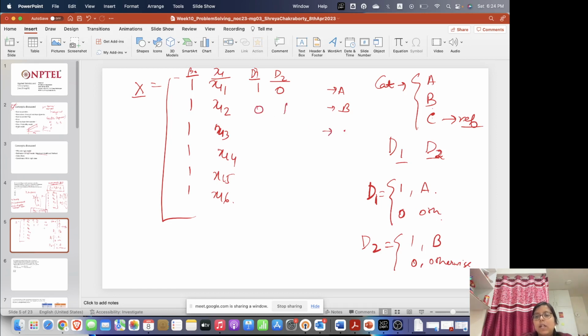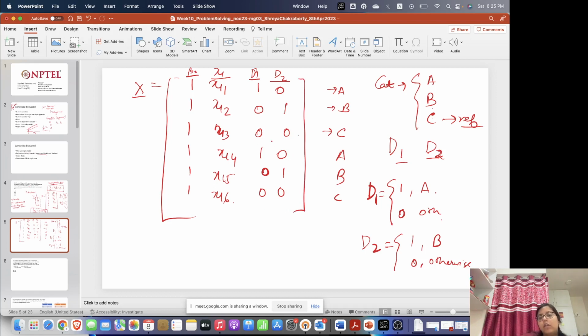Let's say the third one is in category C, so it's not A, it's not B, so 0, 0. Okay, like this we could go on and make the categories. Let's say again we have something like this, 1, 0, 0, 1 and 0, 0. Now this kind of modeling